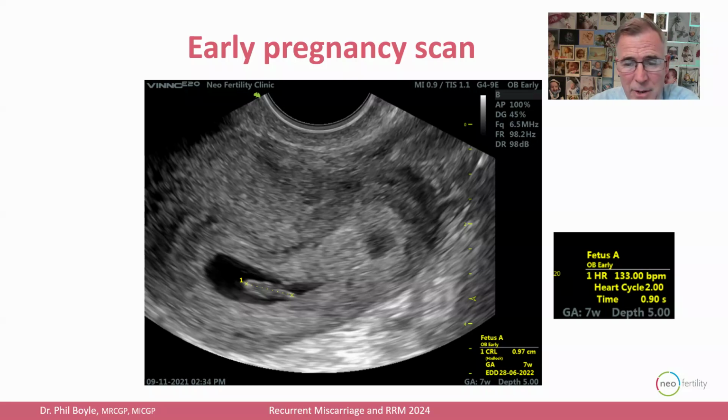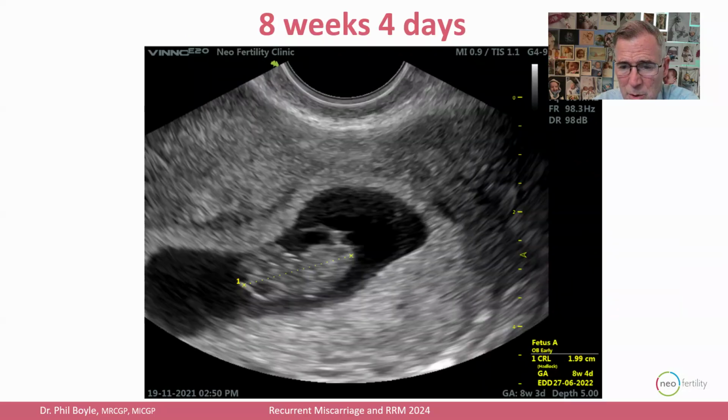You don't worry about a 1 day variation. And the fetal heart rate is 133. And I'd often say, come in 2 to 3 weeks later to make sure. So she comes in at 8 weeks and 4 days, and now you can see the shape of the baby and the pregnancy progressing very well. So with this second scan, I'm 95% plus confident this little one is here to stay, and it should be no higher risk than anyone else's pregnancy.